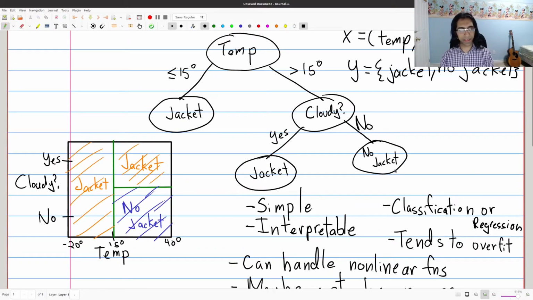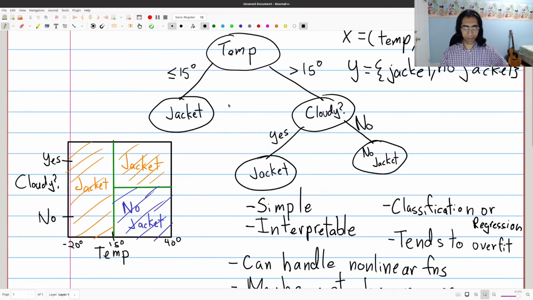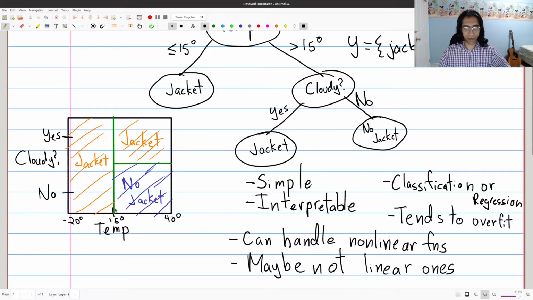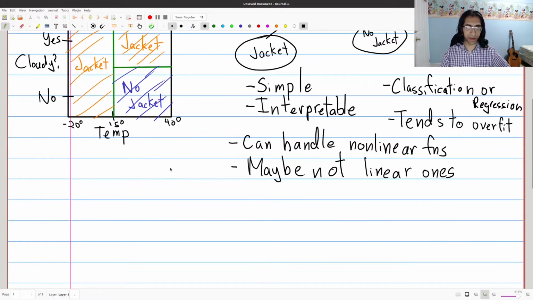Well, we haven't really got to where these trees come from, but the essential way they work is by taking a variable and splitting it. So you're going to end up splitting it and splitting it again and again. So essentially your classifier ends up looking something like these axis-aligned rectangles. And if you're making classifiers only based on axis-aligned rectangles, then there are some cases which they just won't be